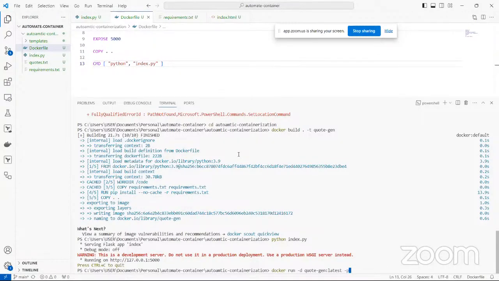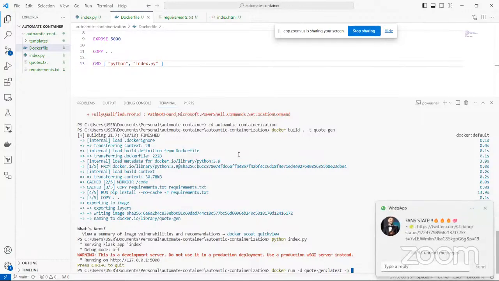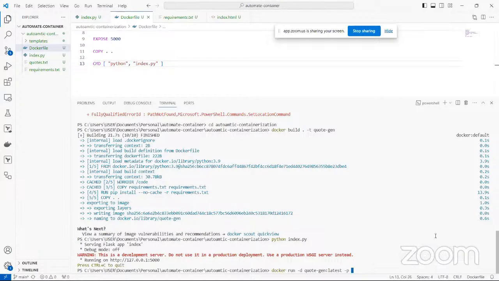So let me say the port. What I'm doing now is specifying a port. I know that inside this container there will be a port exposed that is called 5000. I want you to map, the word we use is mapping, port 5000 from my own container to 5000 on the other side. That might seem a little bit odd here. If this works successfully, I'll show you guys what I mean. So 5000